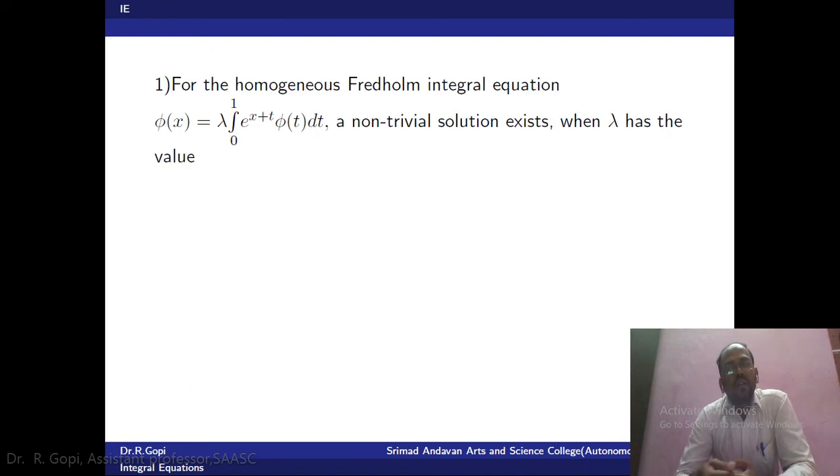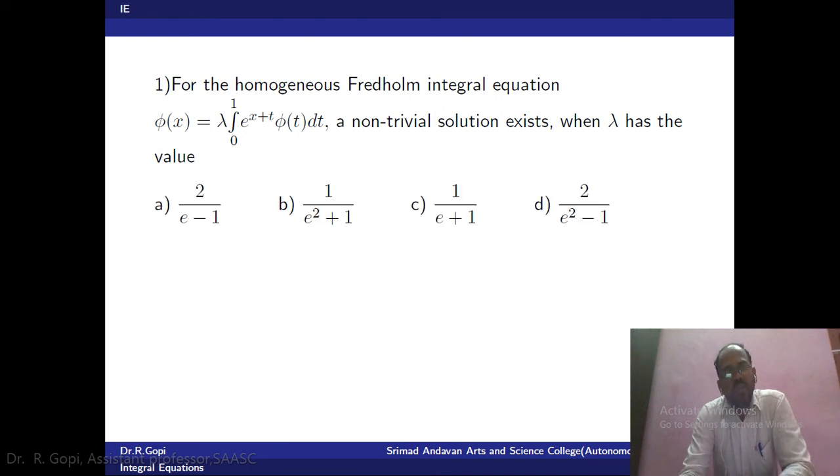Then we have to discuss some more problems. For the homogeneous Fredholm integral equation, phi of x equal to lambda into integral 0 to 1 e power x plus t into phi of t dt, a non-trivial solution exists when lambda has the value. So options are a equal to 2 divided by e minus 1, b equal to 1 divided by e squared plus 1, c is nothing but 1 divided by e plus 1, and d is nothing but 2 divided by